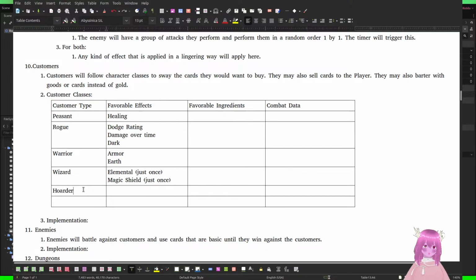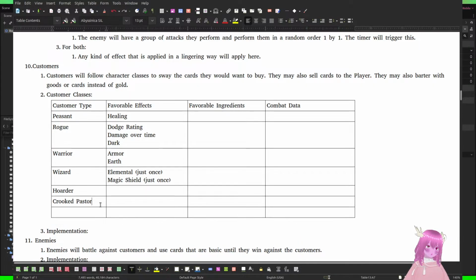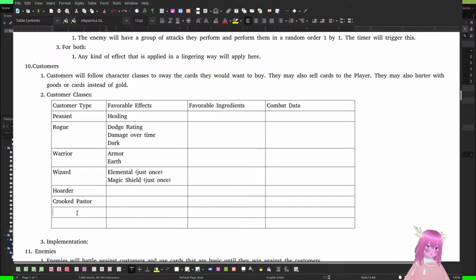So we have the hoarder, we have the crooked pastor, we have, insert row below, insert row below, the grass toucher, and finally the physics researcher, who sounds super normal, honestly.